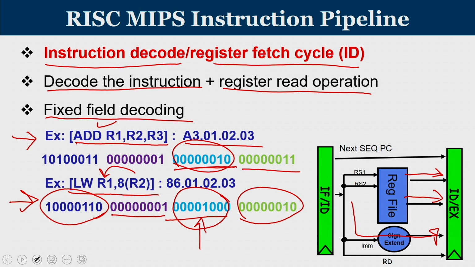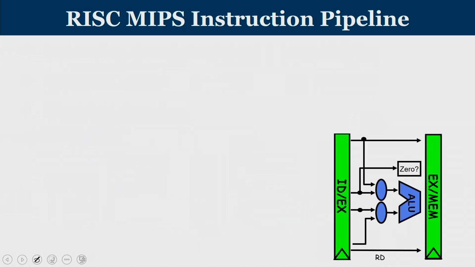So, then the content of the base register only is going to come. So, that is being supplied. Depending on the opcode, the activity that is being carried out in the ID stage is going to vary. Either it will find out the values of two of the source operands, let us say R2 and R3, and bring its contents to the IDEX register, or it will transfer a 16-bit immediate value and the content of a register, as happens in the case of a load word. In any case, the values will reach the IDEX register.